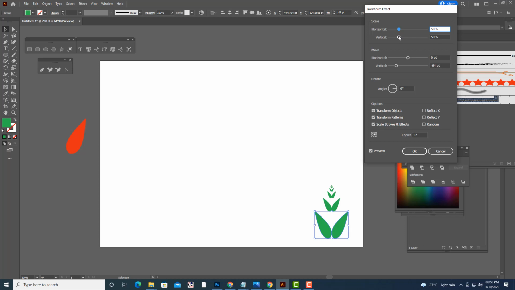Then we can actually move them. But the value has to be somewhere here. We'll put the same value here, 90%.